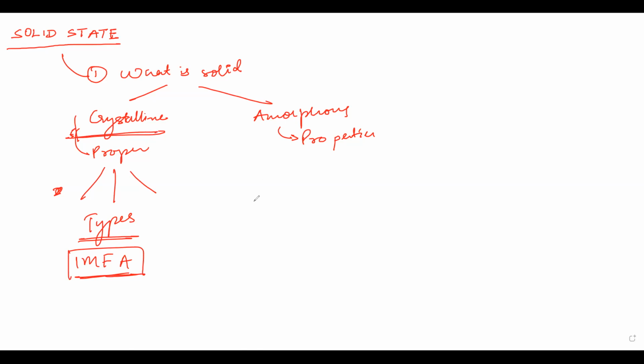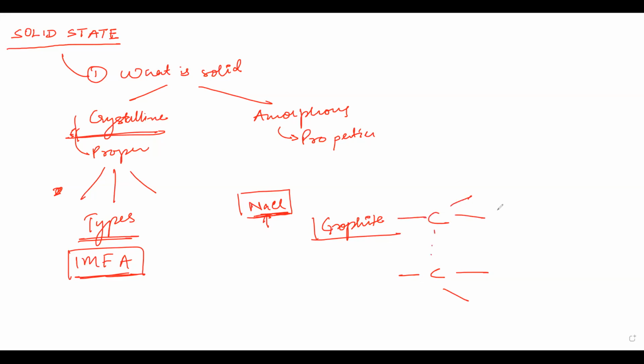Whenever you have a solid, for example NaCl, and solids such as graphite, both are solids, but NaCl is an ionic solid because the force of attraction between the constituent ions is ionic. Graphite is a covalent solid because all the carbon atoms are connected in a chain. You have a planar chain, then one more layer of carbon atoms, and so on. This whole thing is theoretical, so I will deal with this later.